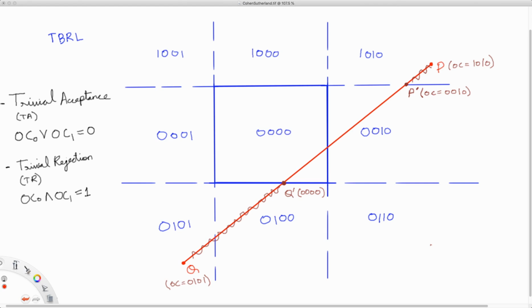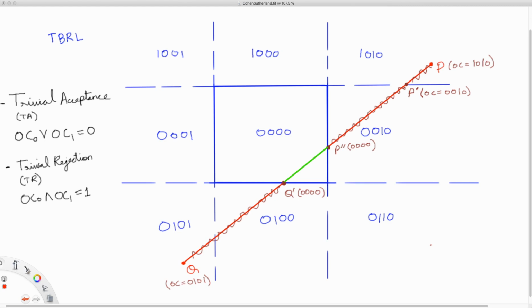that edge. Okay, so now your line is P prime Q prime, and you check whether you can trivially accept or reject this line. You can't. So you intersect this line again and you get P double prime now, and you throw away P double prime P prime, and you are left with P double prime Q prime. And now if you check, you will be able to trivially accept this line. So finally the clipped line is this green part of the line, which is P double prime Q prime.